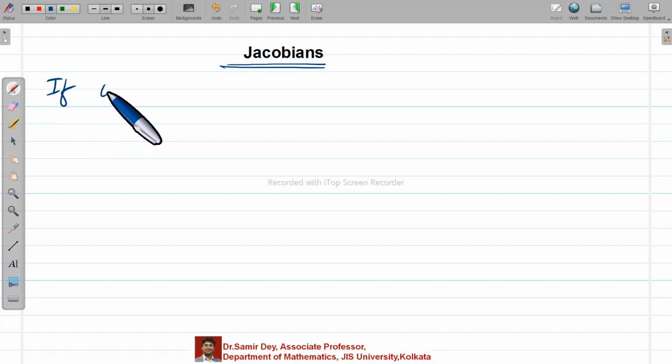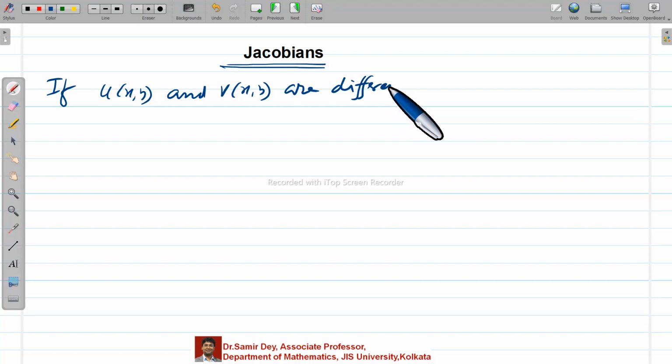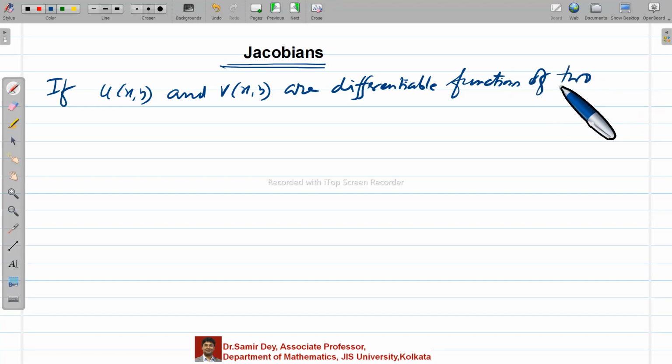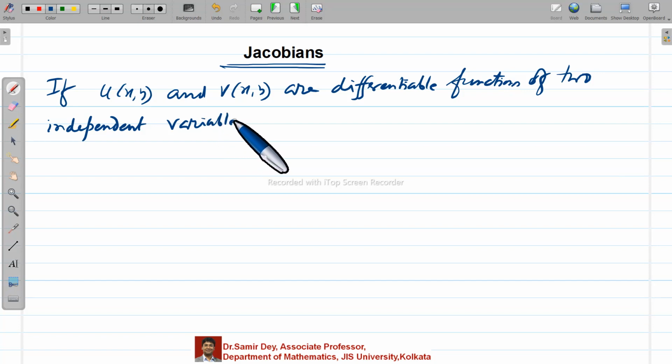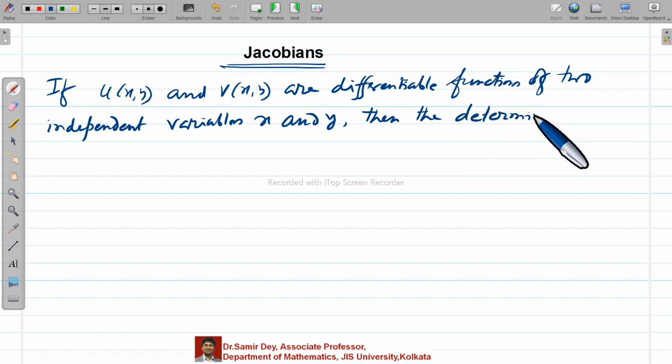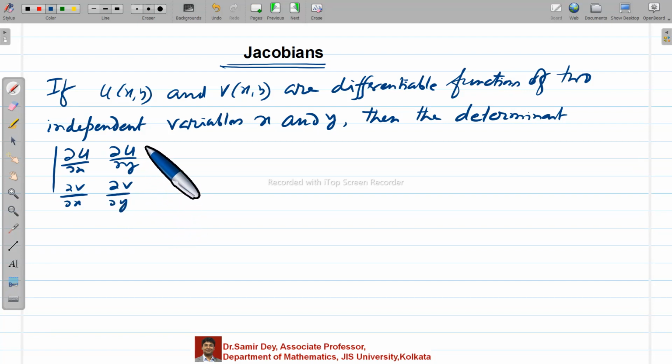Please write down: if u(x, y) and v(x, y) are differentiable functions of two independent variables x and y, then the determinant ∂u/∂x, ∂u/∂y, ∂v/∂x, ∂v/∂y